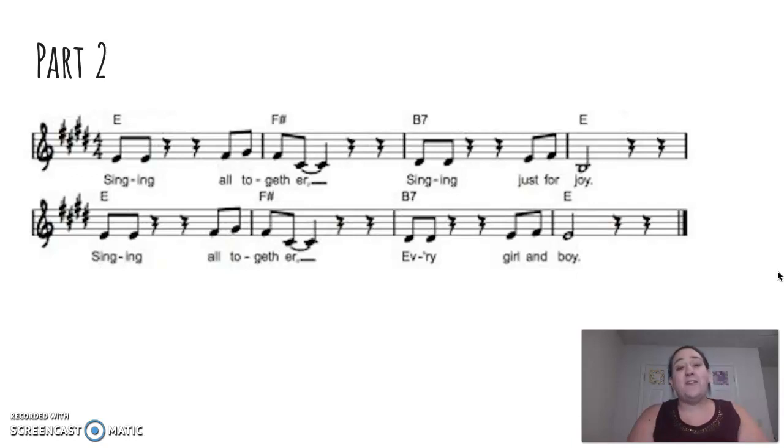Singing all together, singing just for joy, singing all together, every girl and boy, singing all together, singing just for joy, singing all together, every girl and boy, singing all together, singing just for joy, singing all together, every girl